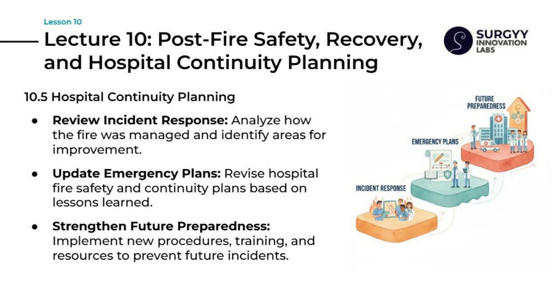Hospital continuity planning ensures that the lessons of the past inform the safety of the future. Review incident response allows the team to analyze how the fire was managed and identify specific areas for improvement in the reaction time or coordination. Update emergency plans is the formal process of revising hospital fire safety and continuity plans based on the lessons learned during the actual event. Strengthen future preparedness involves implementing new procedures, training sessions, and resources to prevent future incidents from